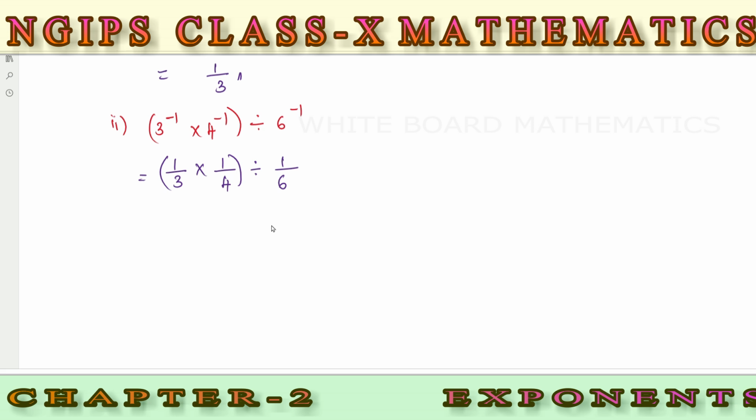In this we have to multiply both numerators, 1 into 1, divided by both denominators, 3 into 4, whole divided by 1 by 6, which is going to be carried as it is. So 1 ones are 1, 4 threes are 12. Instead of this division I am going to make it as multiplication, so we have to take this term as reciprocal. So 1 by 6 will become 6 by 1. So 1 six is 6, 2 sixes are 12. So finally we got the answer, it is 1 by 2. So we have done. Next we will move to the third one.